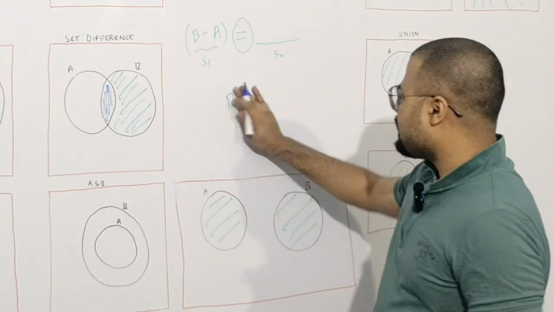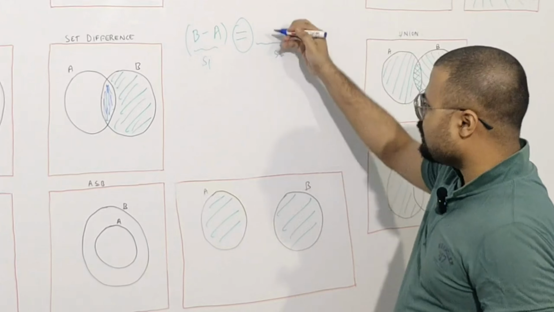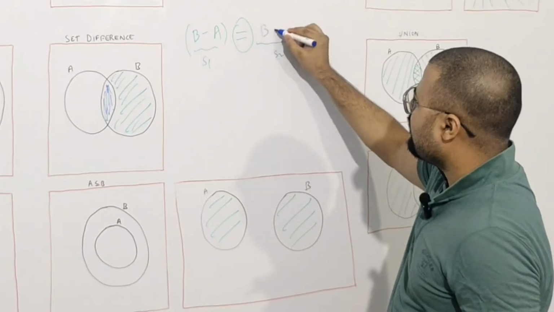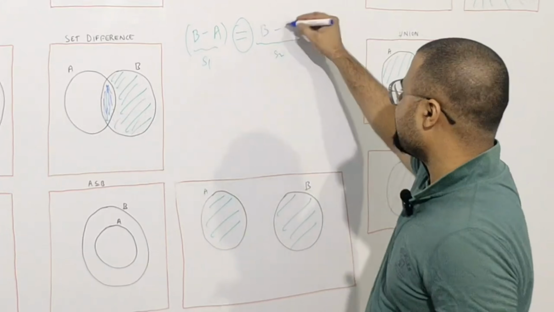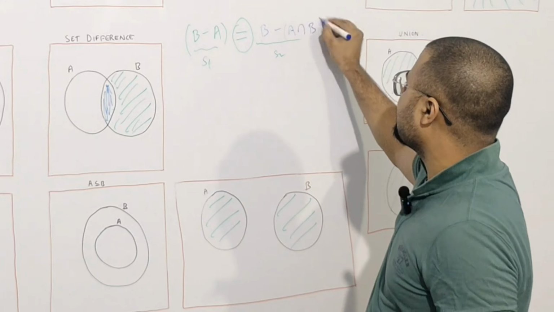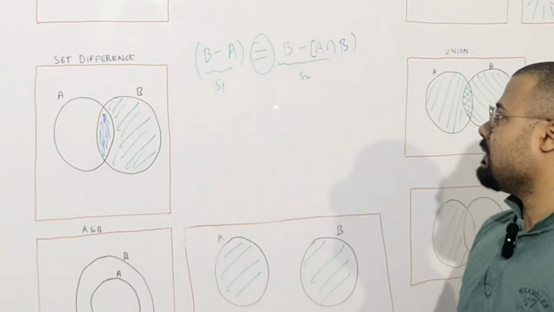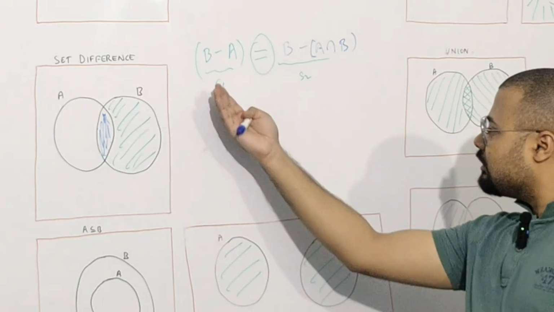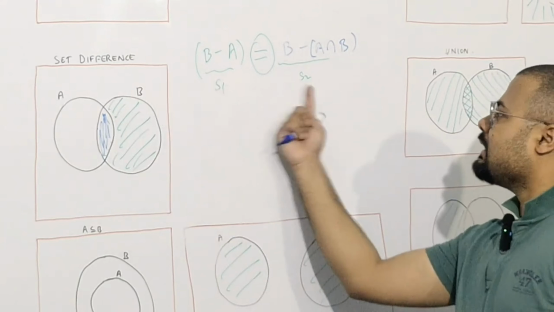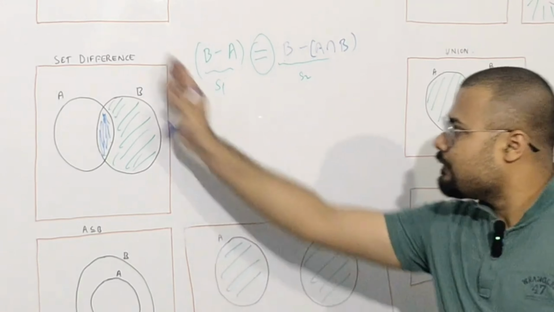So I can say that B minus A is equal to B minus A intersection B. Will I be wrong to say that? No, because this region is nothing but B intersection B. So these two sets are equal. S1 and S2 are equal. So from the Venn diagram,